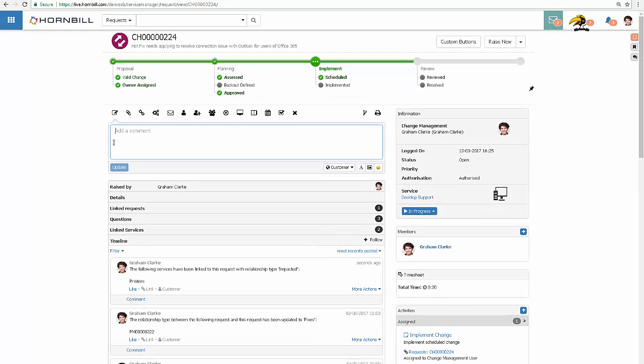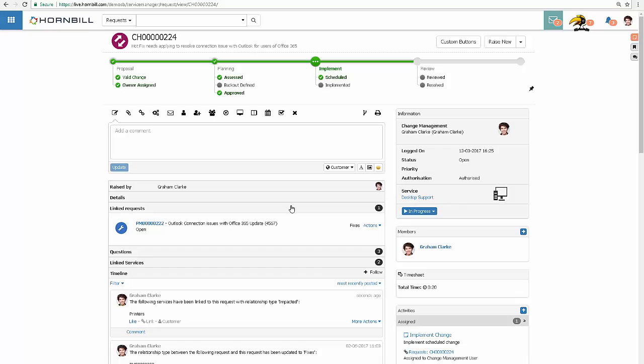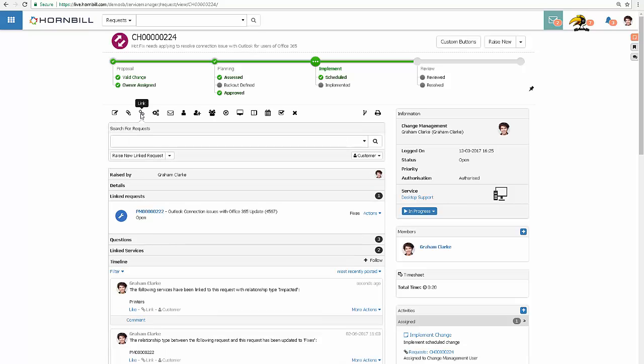If we go back up to that change and look at this from a linked request perspective, and again we have a look here, we can see that there is already an existing problem that has been linked to this change, and we can see here that this problem will be fixed by this particular change. It may be a case that we also want to see what incidents or changes have actually been caused by this change being released, in which case when we go to our link request, and if we did a search for